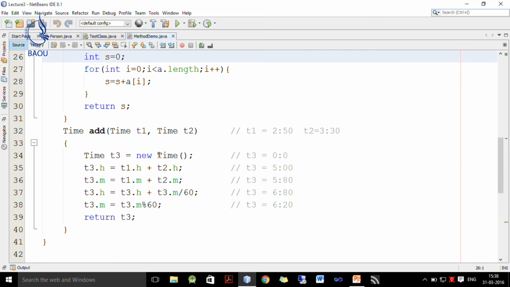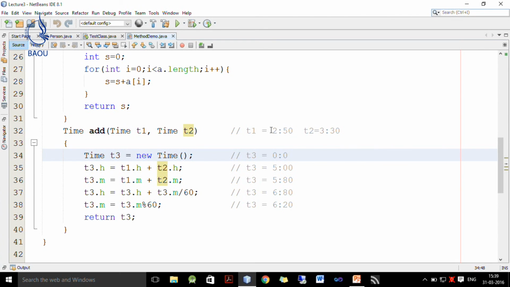Now, I want to add two times. So, here t1 has two components h and m. h represents the hour of t1 and m represents the minutes of t1. Similarly, we have t2.h and t2.m which represent the hour and minutes of t2 respectively. Now, assume that t1 is initialized to 2:50 and t2 is initialized to 3:30.